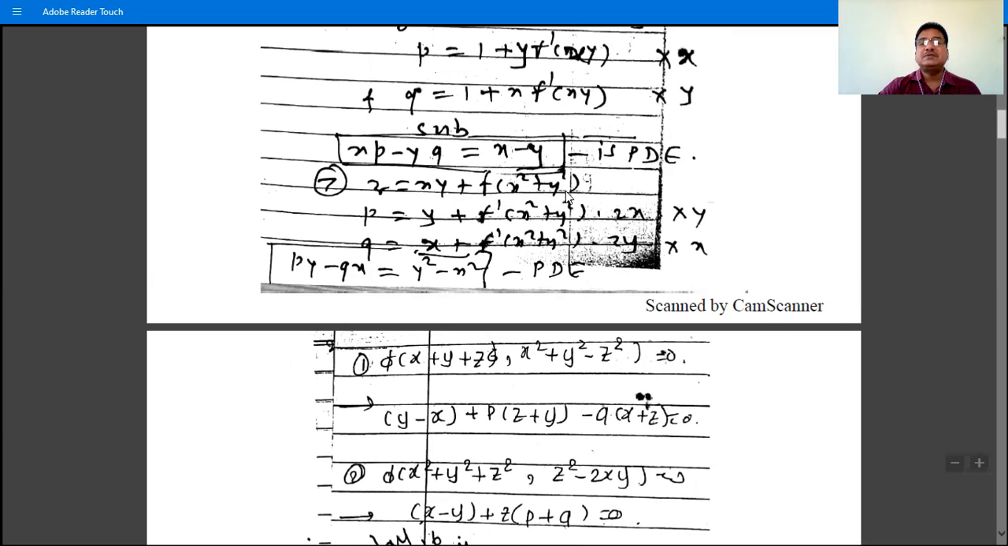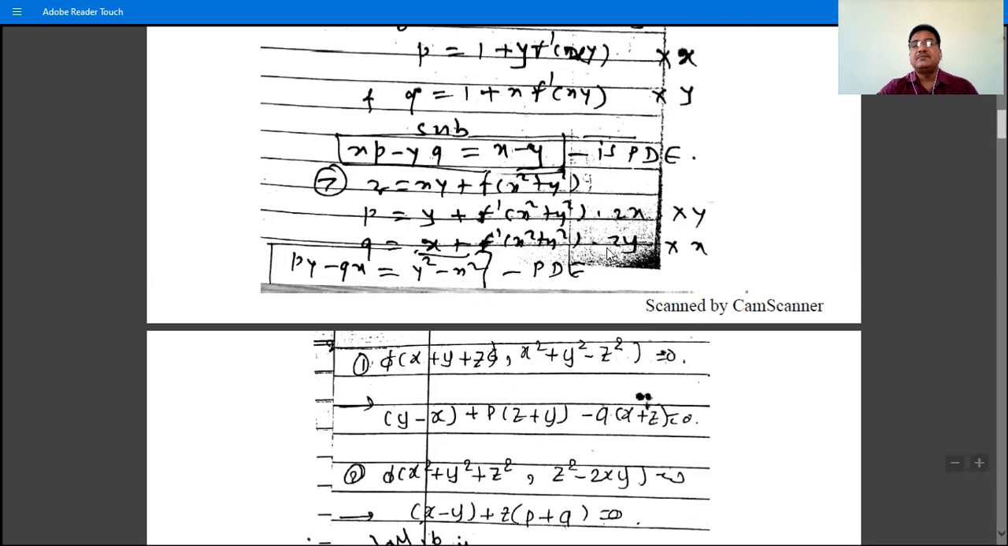So differentiate with respect to x and with respect to y. We have p, that is the derivative with respect to x: the derivative of x into y is y, plus f dash of x square plus y square into the derivative of x square plus y square, which is 2x, with respect to x. Similarly, differentiate this with respect to y. So q is equal to x into y, derivative is x, plus f dash of x square plus y square into the derivative of x square plus y square